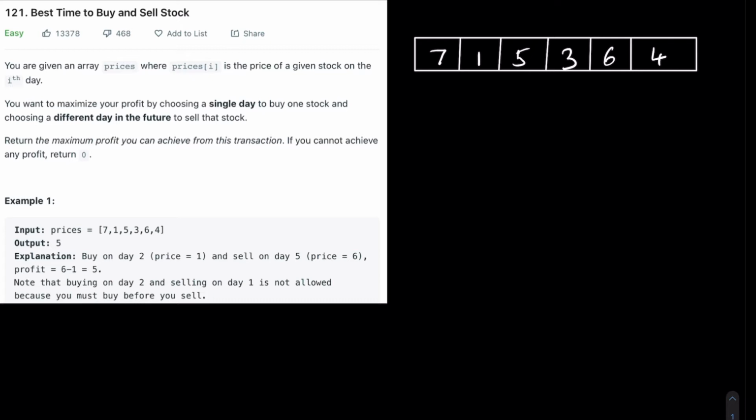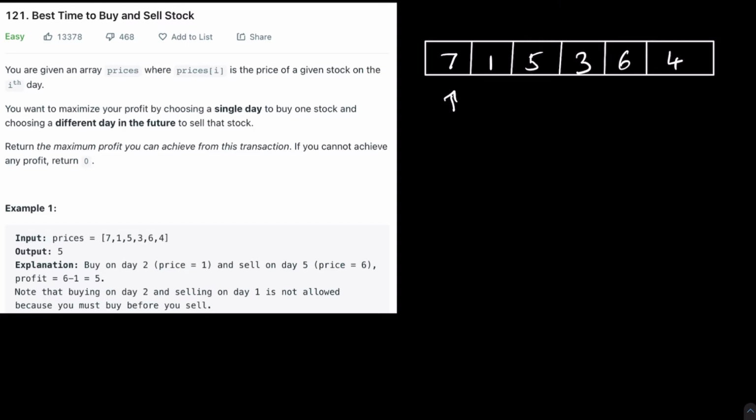So we basically need to do one trade where we buy the stock on a certain day and sell it on a different day so that we have maximum profit, and it needs to be a single trade. The first way I can think of is to assume that we bought the stock on a certain day and then compute the best day to sell. In this manner, we can find the maximum profit possible when buying on each day and then taking the best possible trade. Let's look at this example with the prices for different days being 7, 1, 5, 3, 6, and